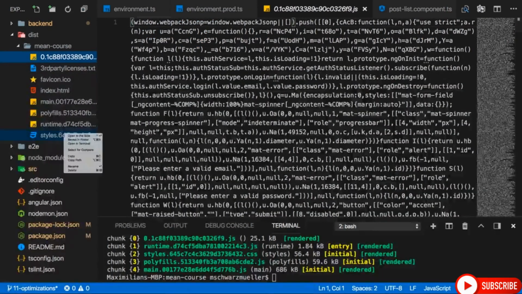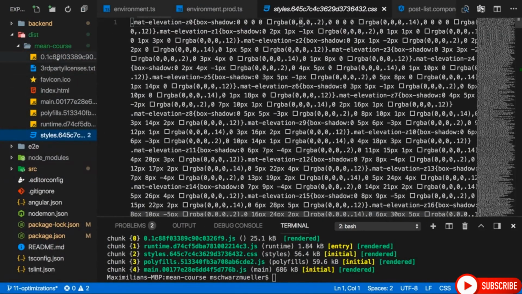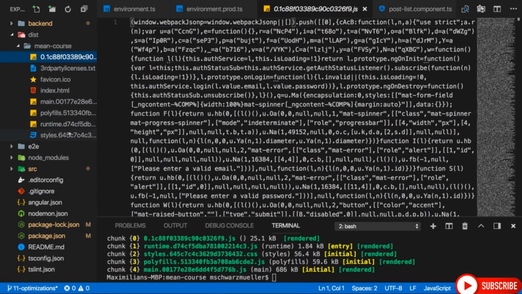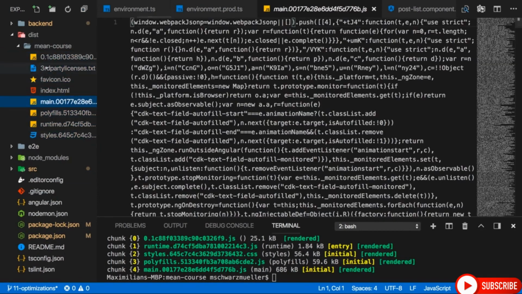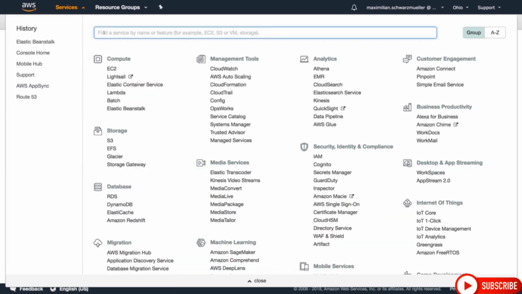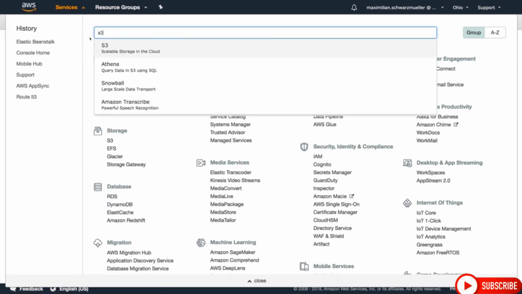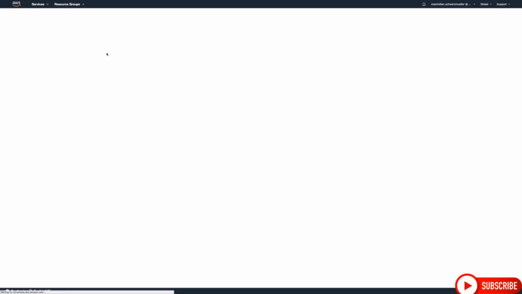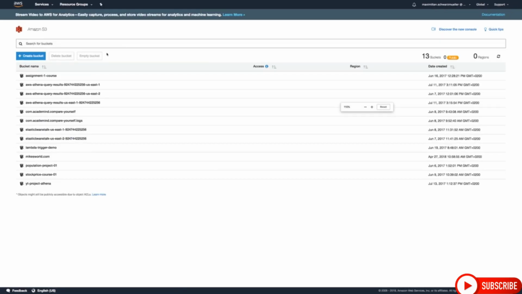So all these files, these are the files you want to deploy to your static frontend host. So let's do that. And AWS also got a service for that. Elastic Beanstalk, which we're using here, is a host for dynamic content. So for PHP or Node.js as we are using it. AWS also has the S3 service, which is their static cloud storage in general, but which can also be used